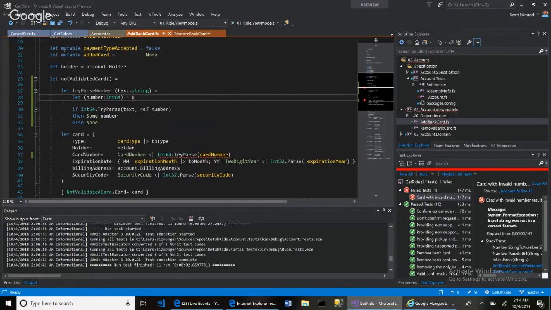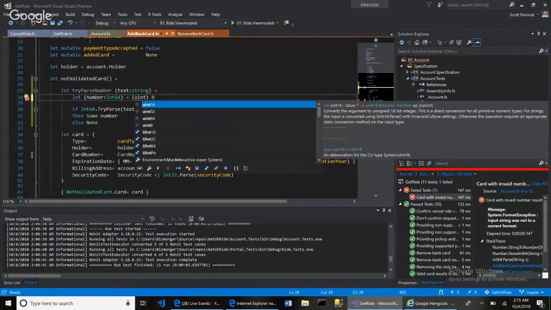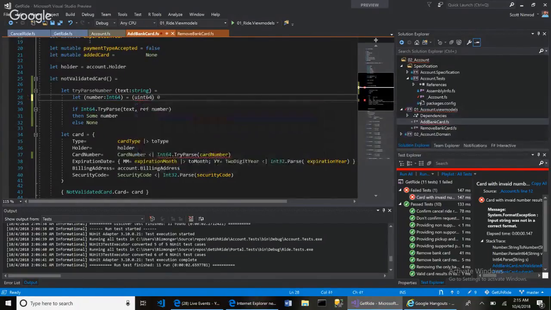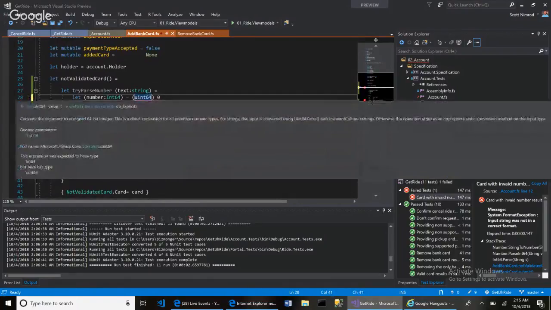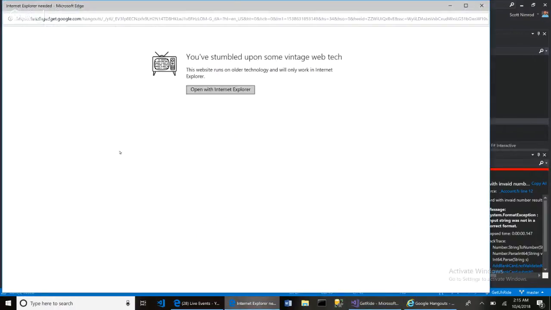Okay. So that's why I put int64 right there. And then it said that the expression was expected to have type uint, but here is type int. If I put uint64 like this, see, I don't understand this right here. So let me go to